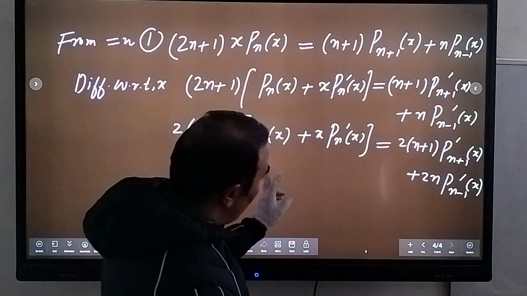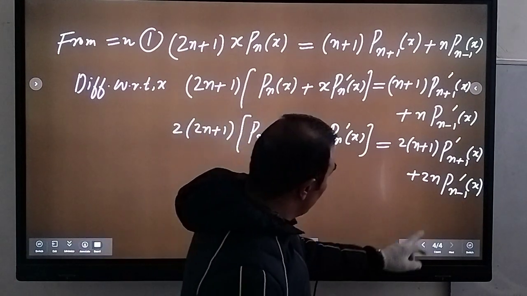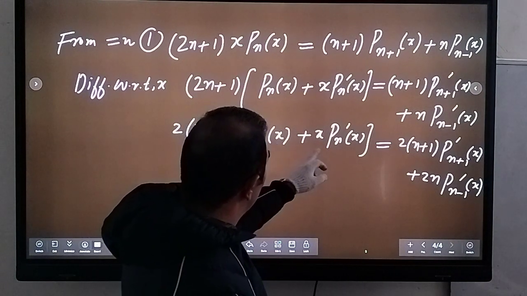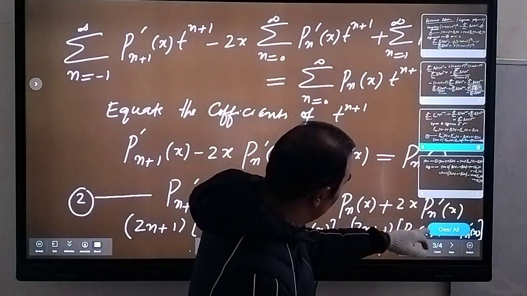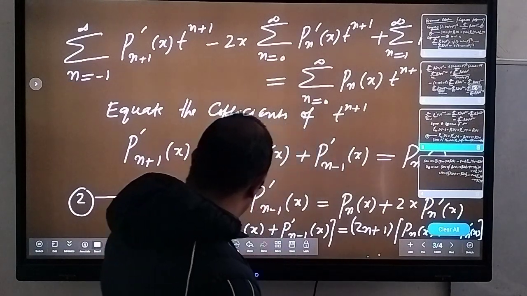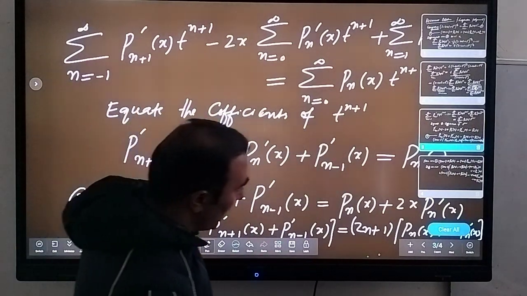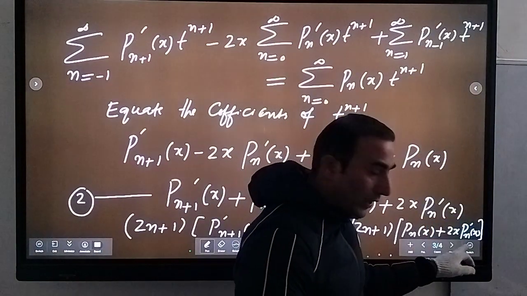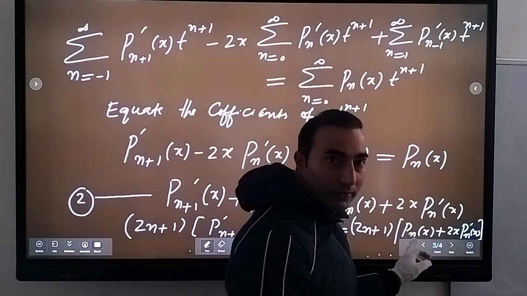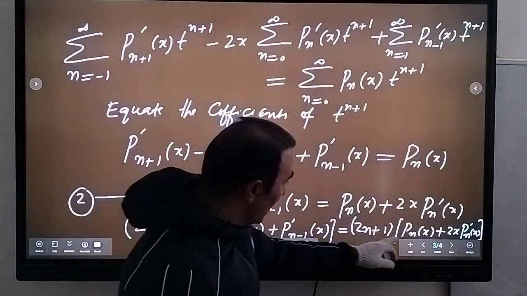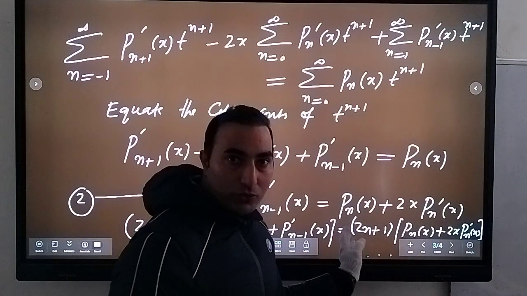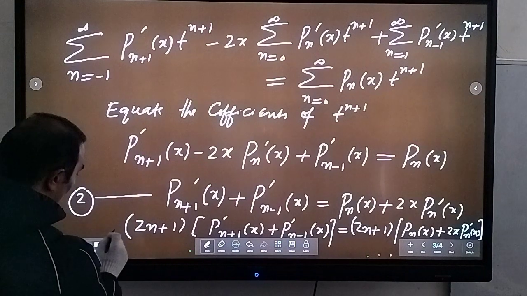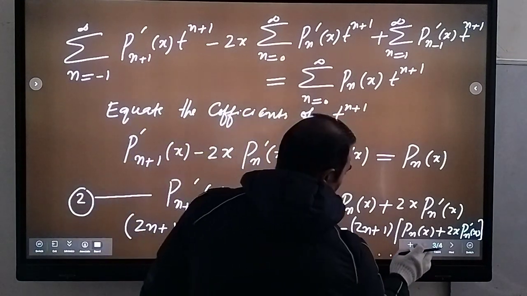Now if we check the previous equation, in the previous equation we have twice Pn(x) plus 2x Pn'(x). But you just check here. So in this equation we have 2x Pn'(x), but here is Pn(x), right? So what will we do? We can add Pn(x) on both sides, right? So when I add Pn(x) to this equation, that means I can rewrite this as